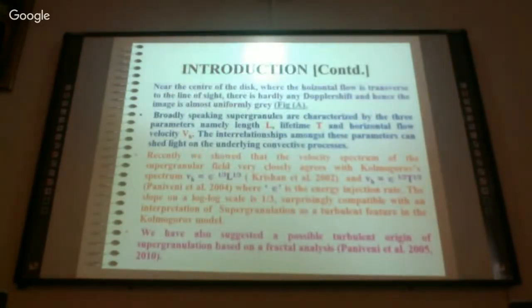Broadly speaking, supergranules are characterized by three parameters, namely length, lifetime, and horizontal flow velocity. Interrelationships amongst these parameters can shed light on the underlying dynamics. There has been extensive work in the field of supergranulation. Many authors have studied the temporal evolution, the geometric features of these supergranular cells, and the complexity of these structures. To name a few,